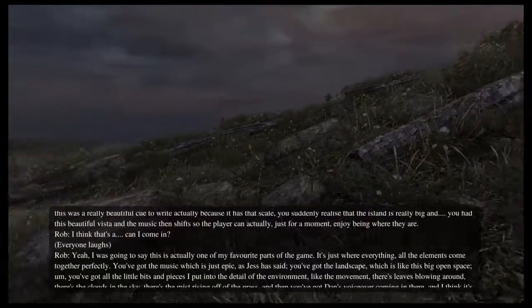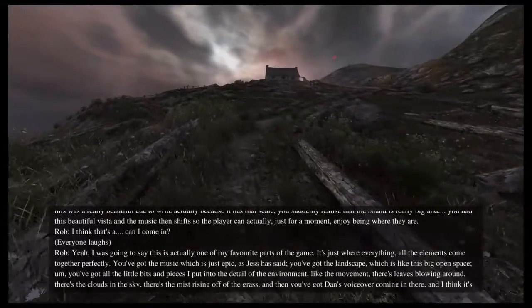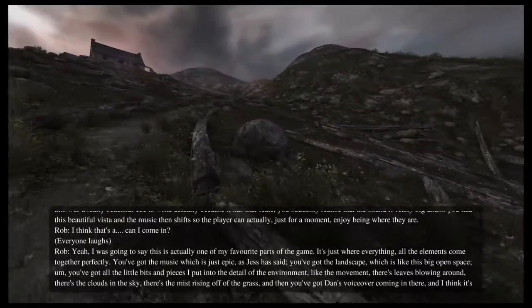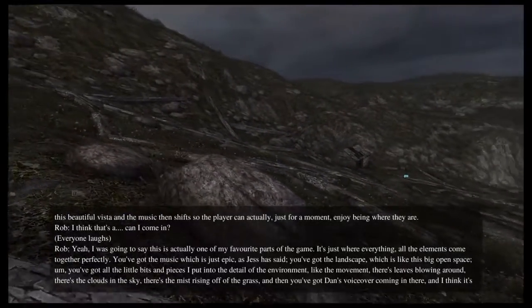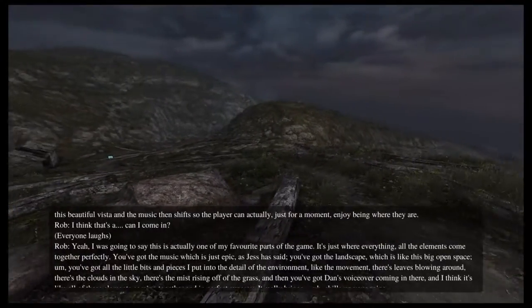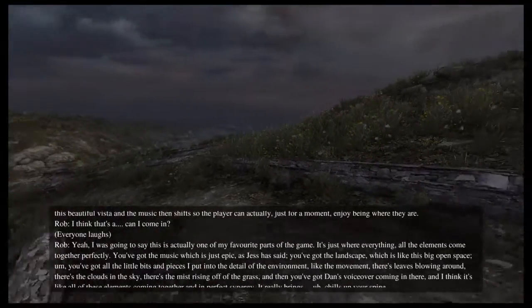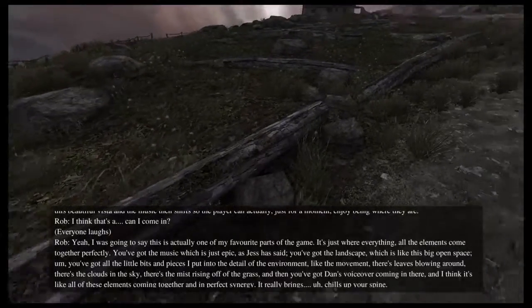There's leaves blowing around, there's the clouds in the sky, there's the mist rising off of the grass, and then you've got Dan's voiceover coming in there, and I think it's all of these elements coming together in perfect synergy, and it really brings chills up your spine.